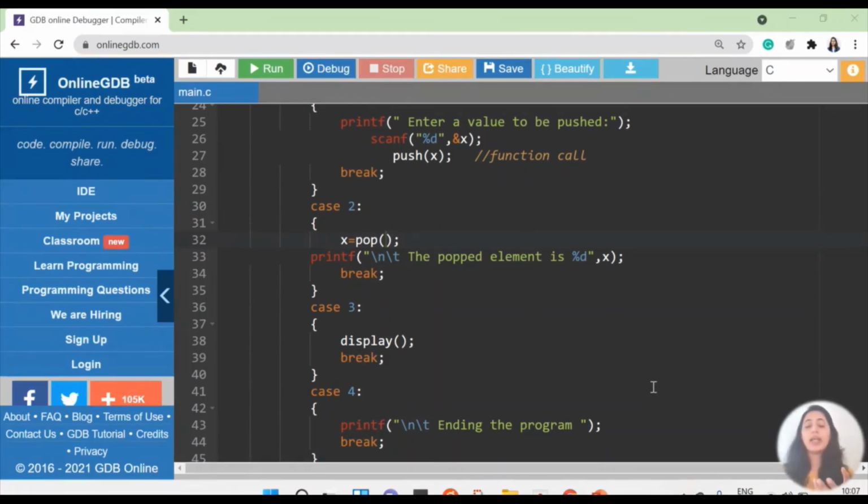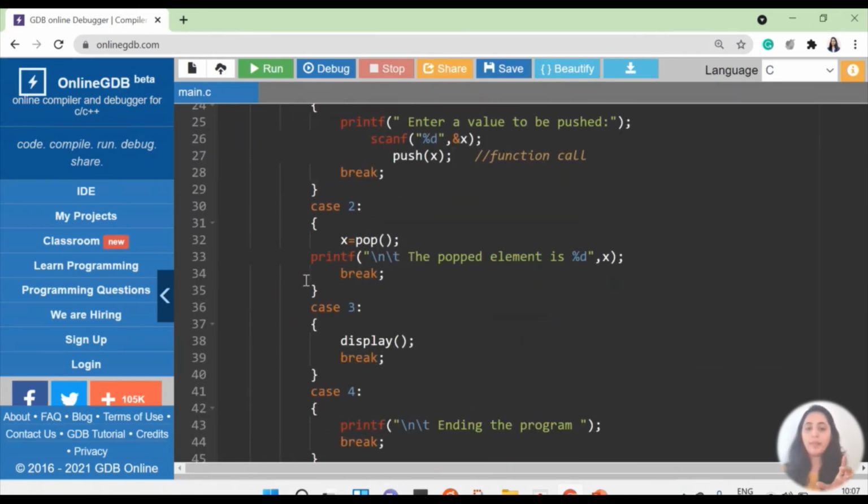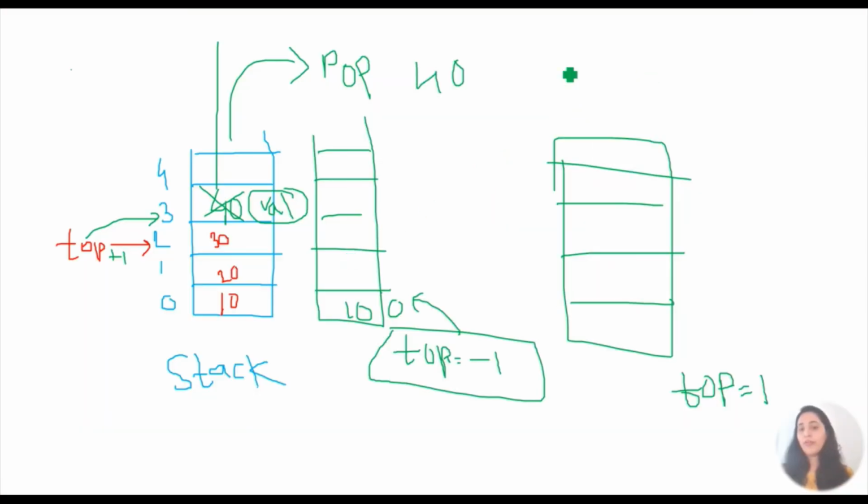So in that case, what we will do is, I will select that output and I will keep that value in the x. Whatever output is returning an integer, I will save that in variable x. So if you see here, while writing the pop function, I wrote that it is going to give an output, which is of type integer. So that I'm storing in a variable x. Once I store the value of the pop function, now x is holding the value that I popped out. So in our diagram, if you see, I have popped out 40 here.